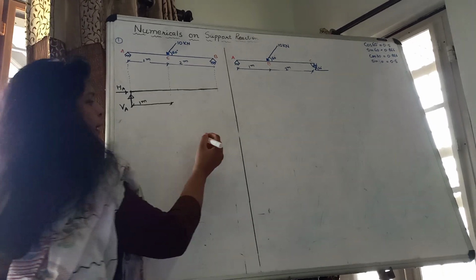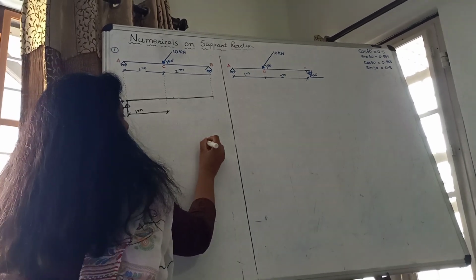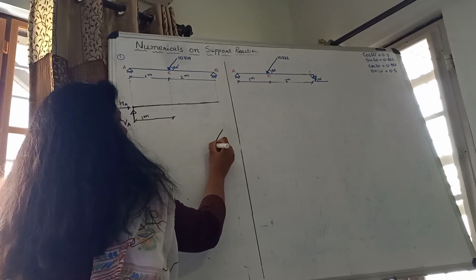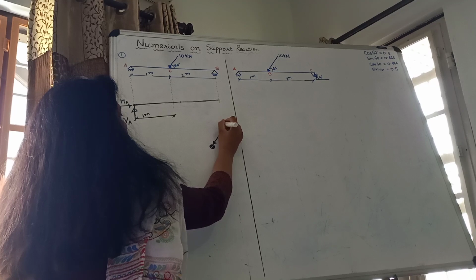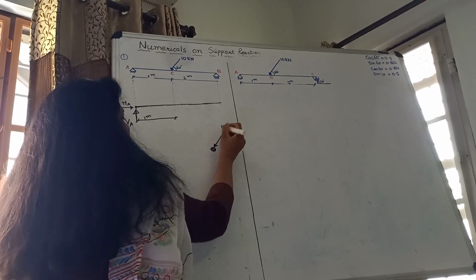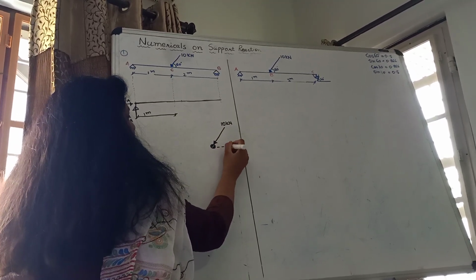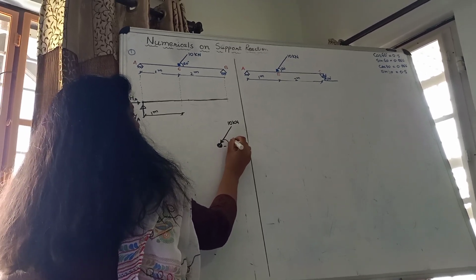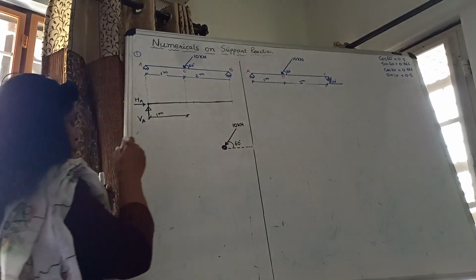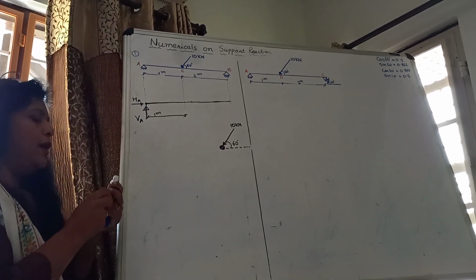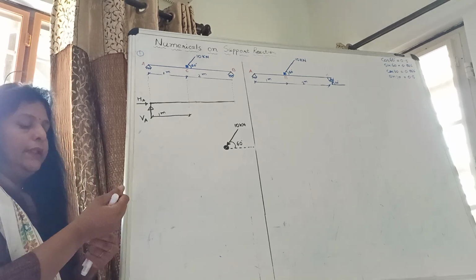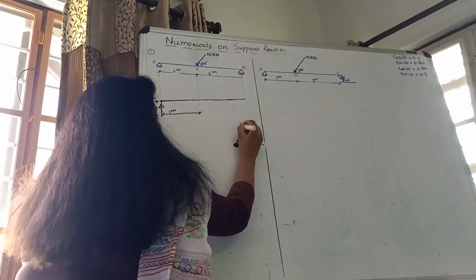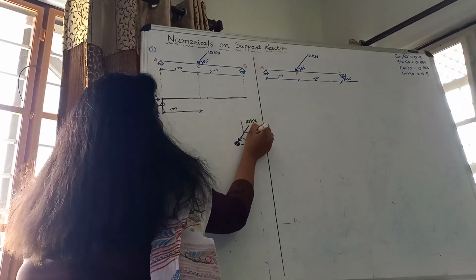So I will draw one diagram over here. This is the point C, and on point C we have got an inclined load of 10 kilonewtons. I have already made you understand in my previous lecture that if a force is inclined, we have to break it into two components, horizontal and vertical, without changing the effect of the force. So we can resolve it this way. Is it right or wrong?